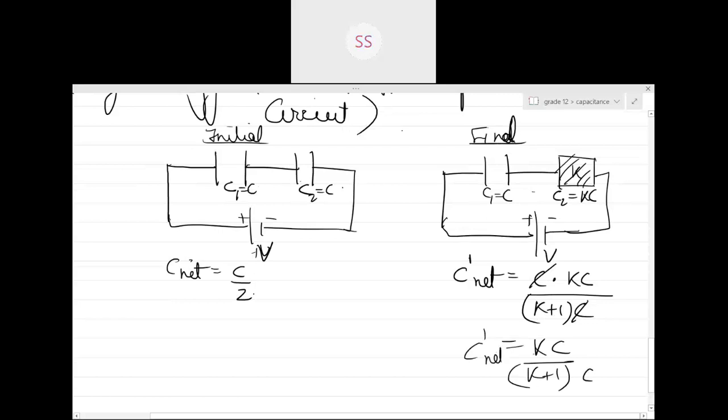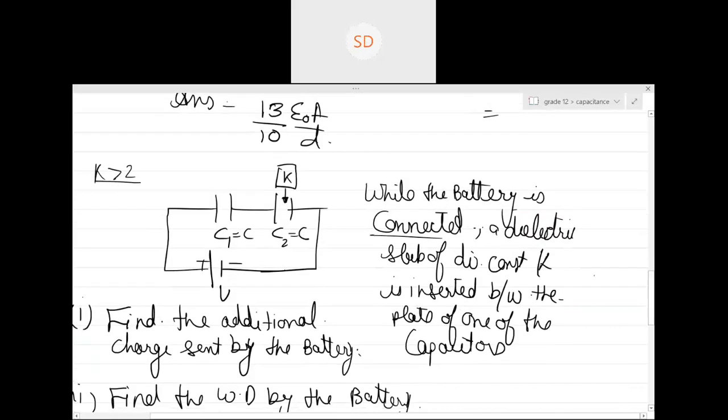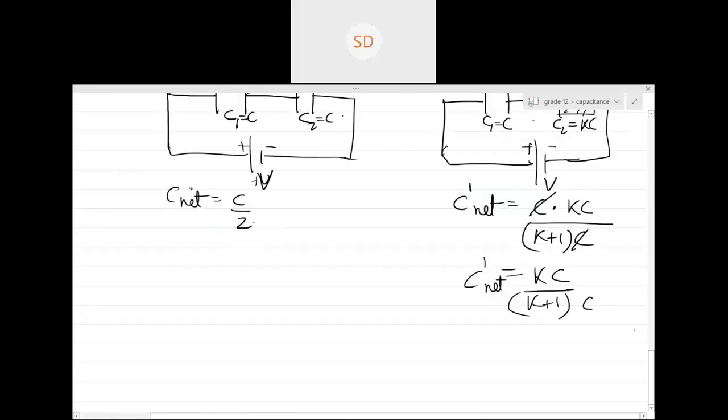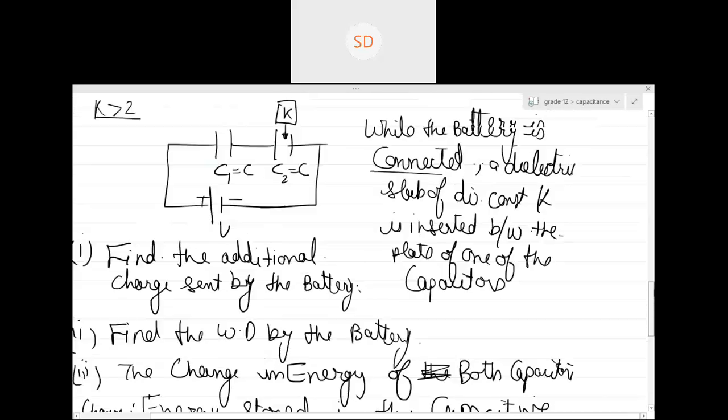So guys, can you see over here, this K was greater than 1. I gave you this condition, or even if I had not given it, K is always greater than 1. If it would have been just air, then this would have obviously become equal to that only, so there was no change in the circuit. But since we have assumed that this particular thing is greater than 1,